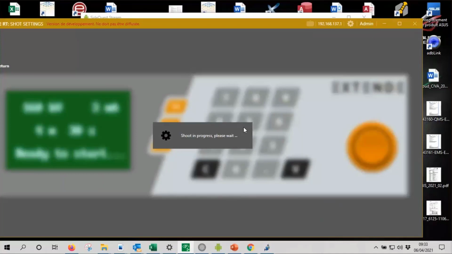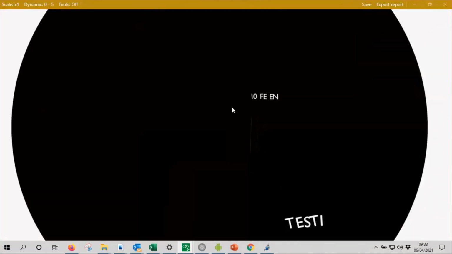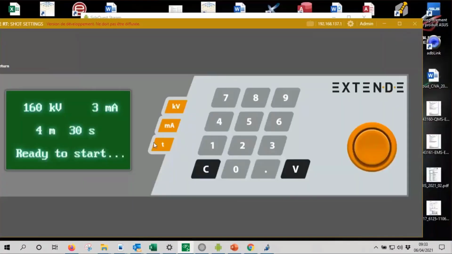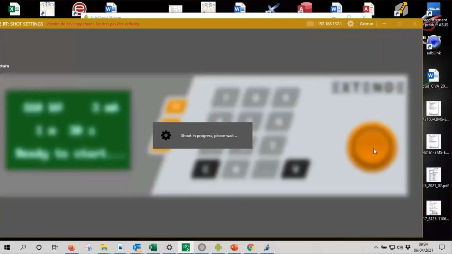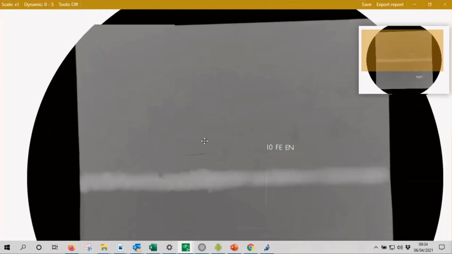You can also see the mistake and explain it, and see when you don't have a correct image. So you see here everything is dark because we are saturated. On the contrary, if I put, for example, an exposure time of 1 minute and 30 seconds, I will have an optical density that is too low. Again, you can make as many shots as you want, and we are going to extract the relevant images based on the input parameters. And here, if I have a look at the optical density,